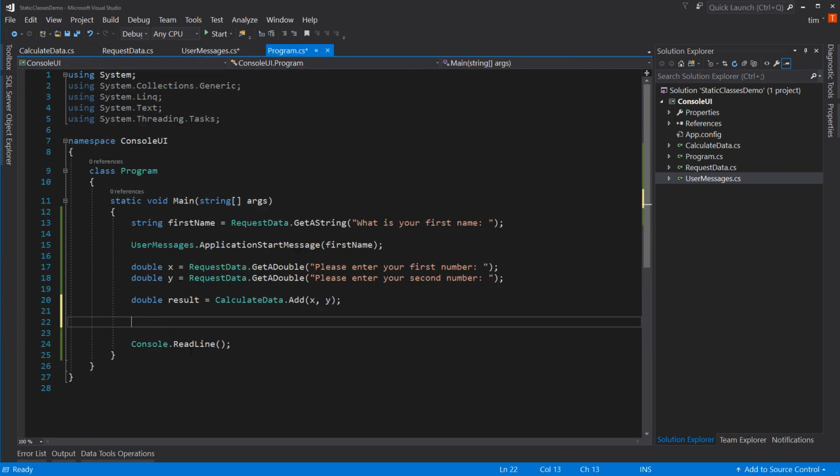So now we can come back over here and say UserMessages.PrintResultMessage. We'll do our $ double quotes and say the sum of X and Y is result. Now our very simple application is done. If we run this,